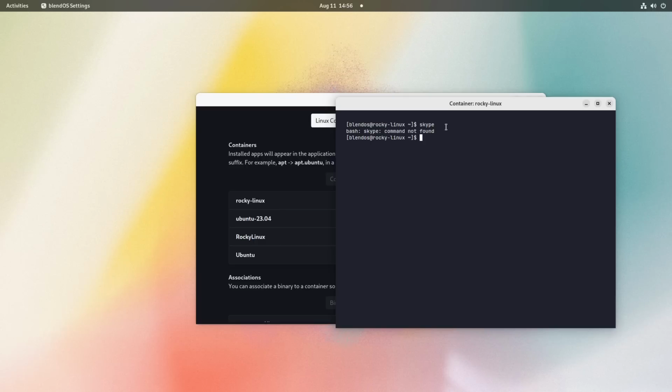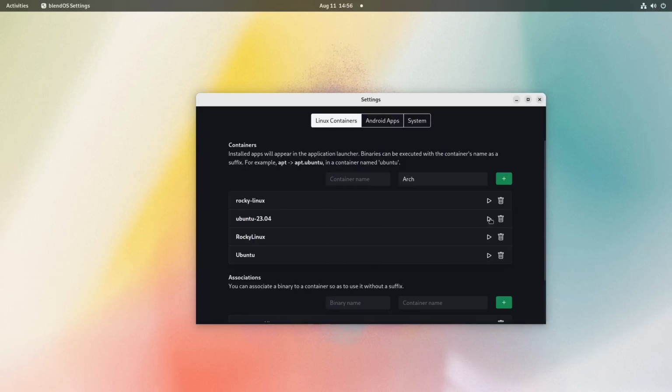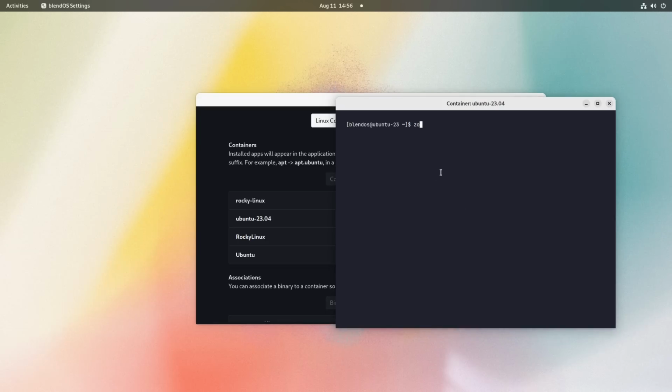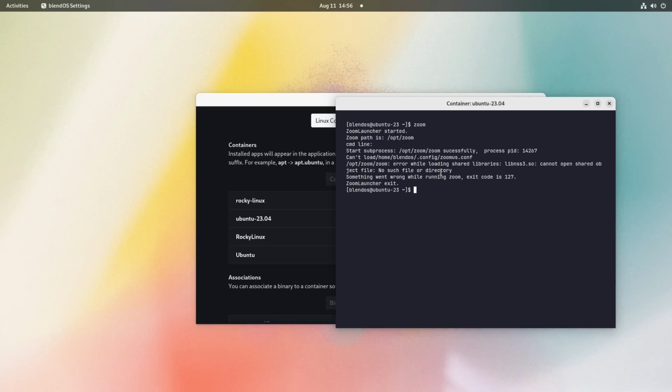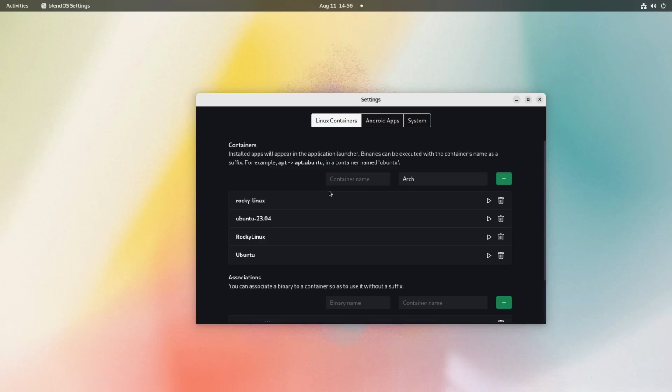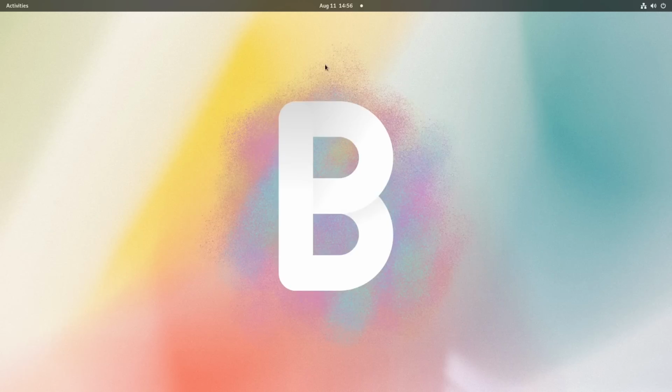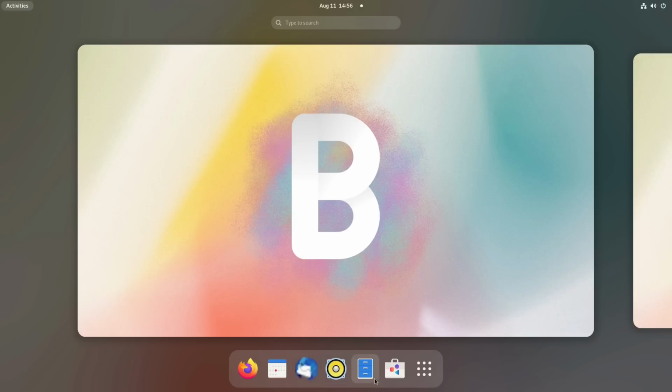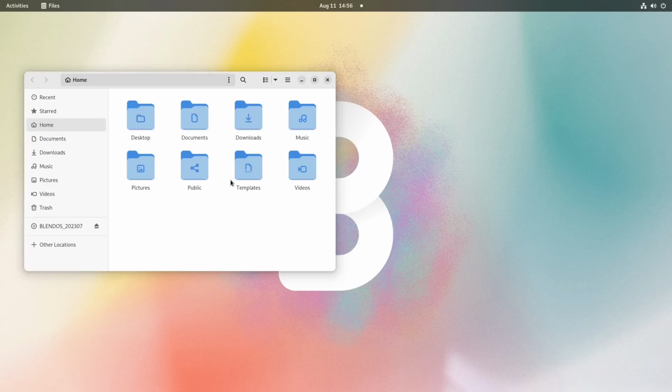Command not found. Okay, that's interesting. Let's boot up this guy and see what happens if we type Zoom. Zoom launcher started. Something went wrong while running Zoom with an exit code. So both of the Deb and the RPM, despite the Deb did tell me it successfully installed. The RPM actually told me it failed the install, but I was not confident if it was a true failure